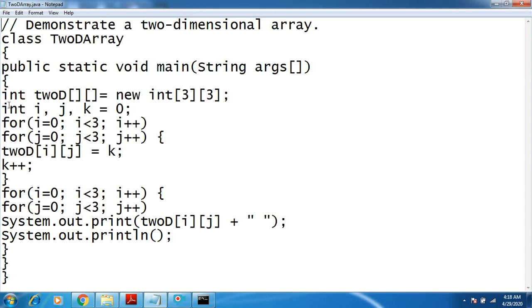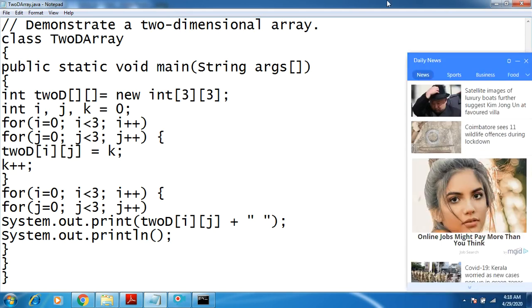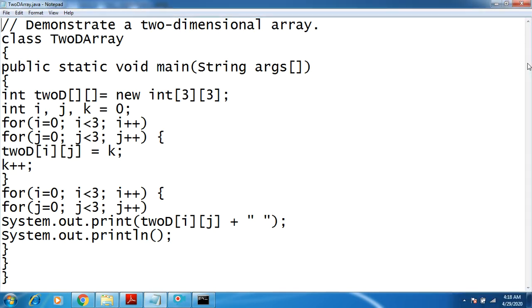In this example, int 2D is a two-dimensional array, so two pairs of square brackets equal to new int 3 and 3. So you have created an array of 3 by 3, where each row has a fixed number of columns, that is 3. So you are going to have 3 rows in this program, and based on that you have stored the values.